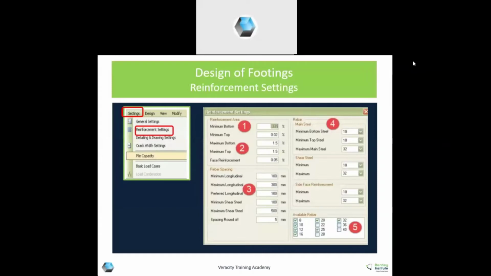And side face reinforcement, you can impose the maximum diameter also for that. If you don't want your diameter more than 16 mm, then accordingly the size or depth will be increased, and you can restrict the diameter.